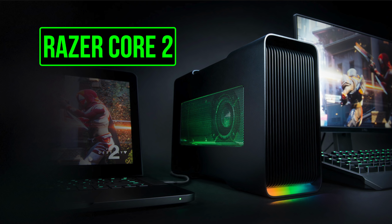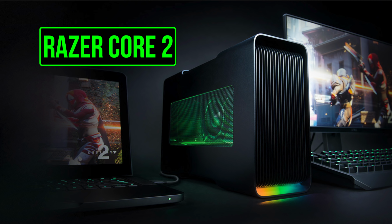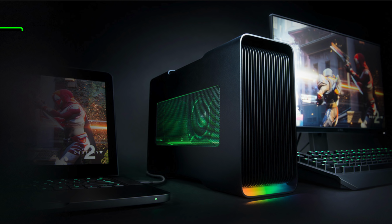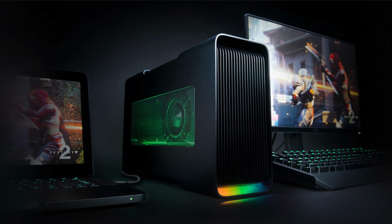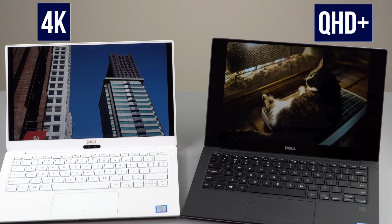The more interesting thing here for you enthusiasts, that small number of people out there who really plan to plug in an external graphics amplifier and a desktop video card inside of that amplifier, is you have 4 PCIe lanes of Thunderbolt 3 in the new 9370, 40 gigabit per second versus 2 on the old one. If you're never going to plug in an external GPU box, it probably doesn't matter, honestly. But for those of you who are thinking about doing that,